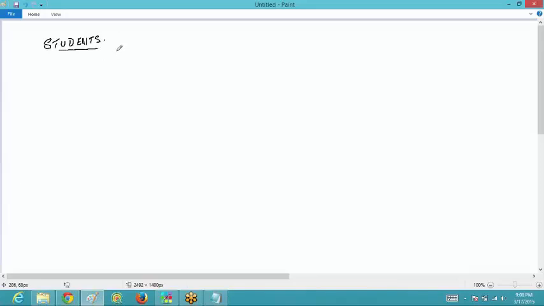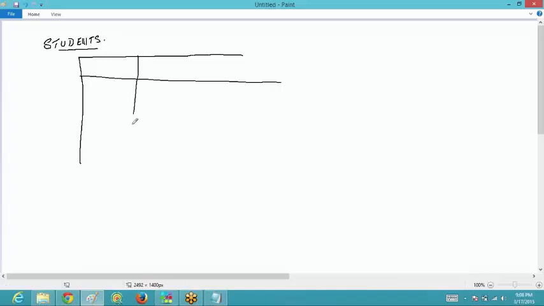Then I am going to create a table, and under that table I will create certain columns and give names to the columns. The names of the columns would be the information that I want.